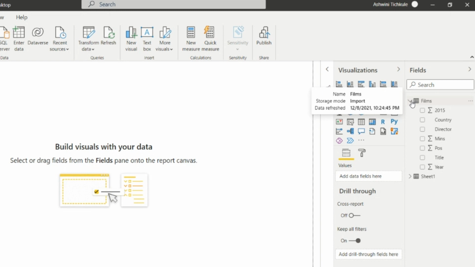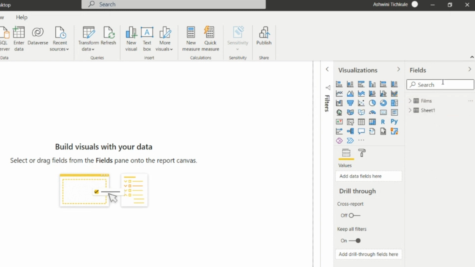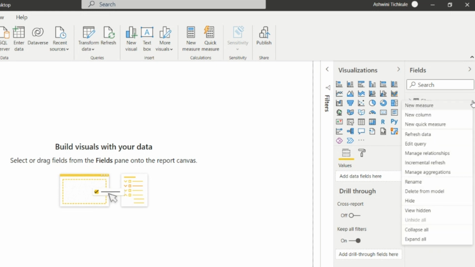Okay, so the next thing in the fields pane is these three ellipses. From here we can create a new measure by clicking on this option. We can create a new column. We can create a new quick measure.